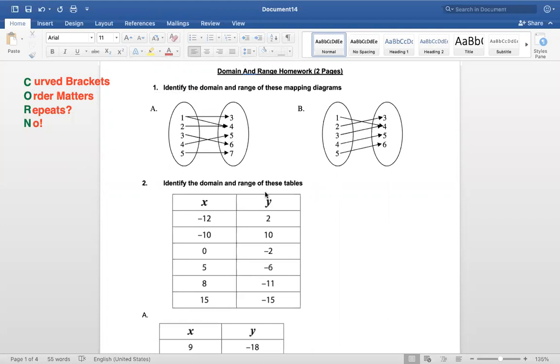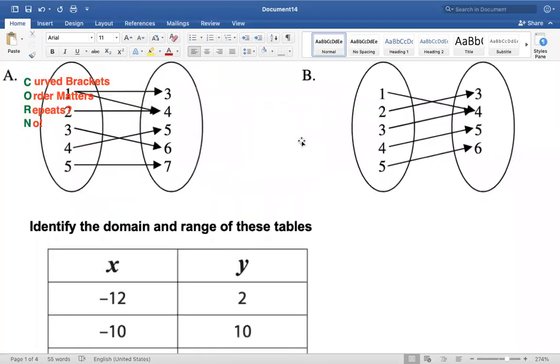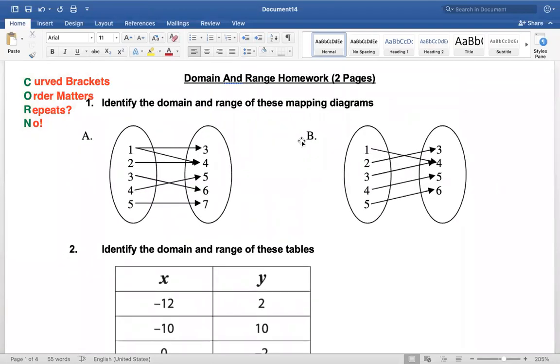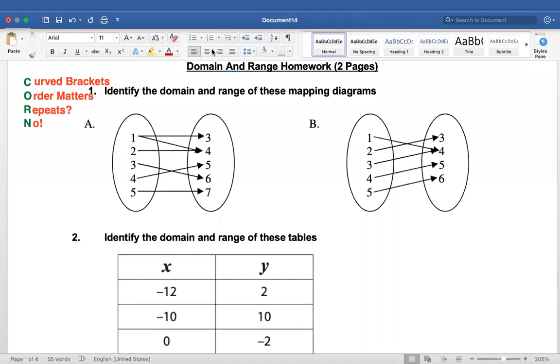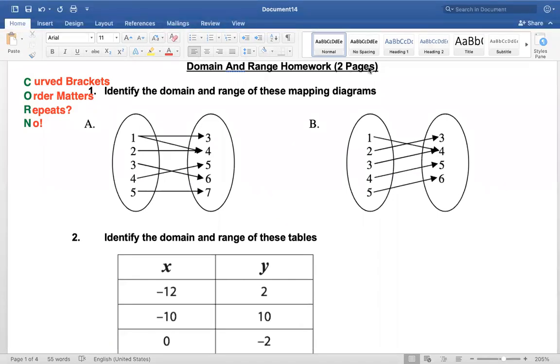So let's start with our maps. Maps are pretty easy, so are tables. The numbers are already listed out for you and categorized. You just need to remember which one is which. And it goes alphabetical order, left to right. Left side is domain, right side is range. It's not enough just to label that though. We need to remember CORN. Curved brackets. So our domain for this one,